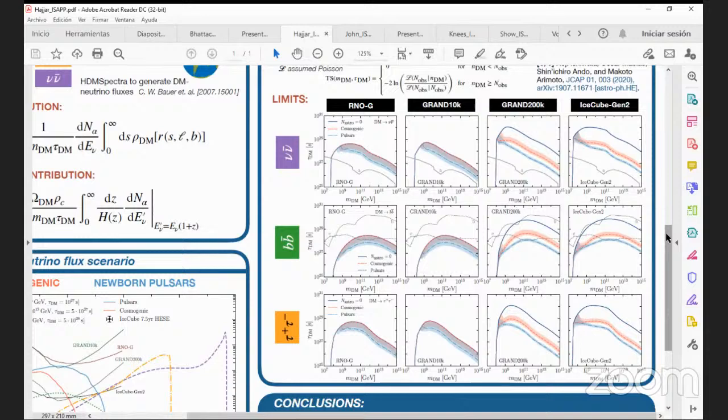For each astrophysical scenario, the cosmogenic one, the newborn pulsars one, and we also include the case in which we won't see any astrophysical signal, which is a possible case because, as I said, the astrophysical fluxes suffer from high theoretical uncertainties,